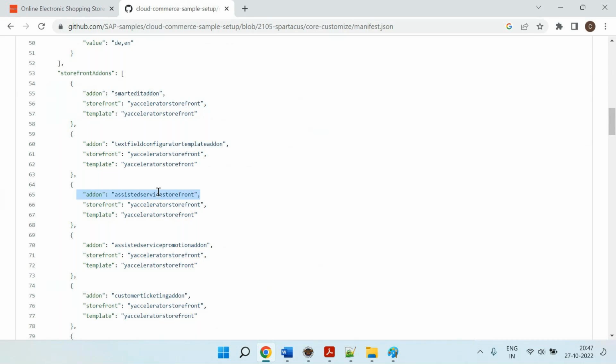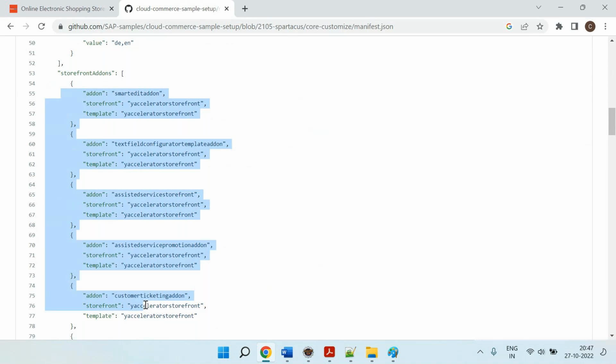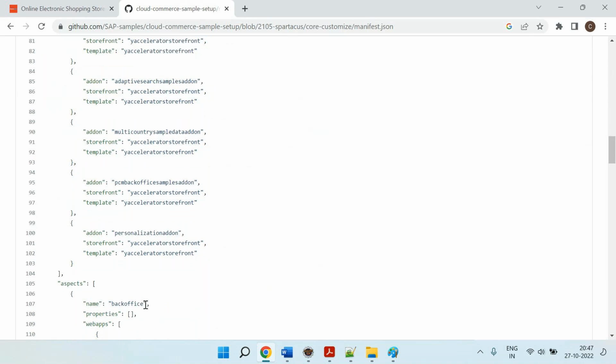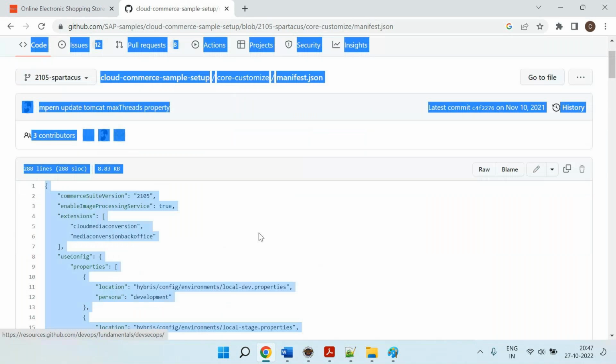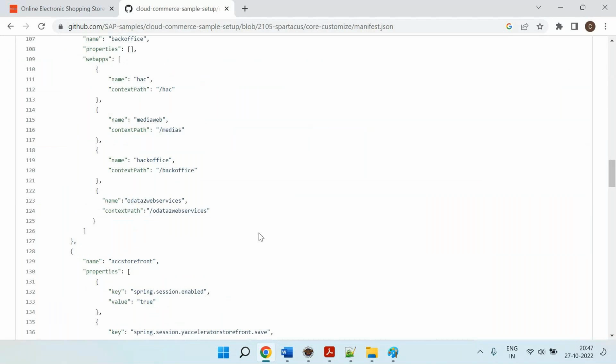Then add-on needs to install for storefront, right? Specify the add-on information and the site information. So like this, if you have more add-ons, specify the add-ons information. Once you specify the add-on information, the next thing is